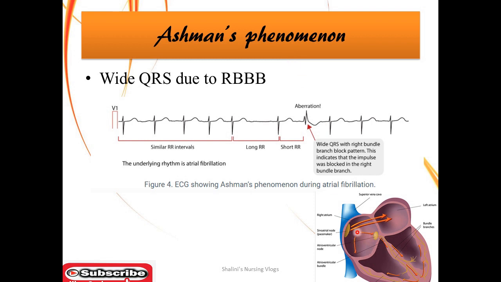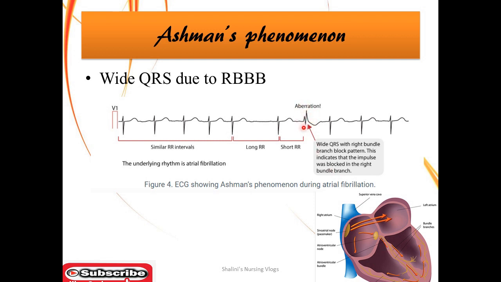Now, for example, there is one impulse A which is generated from some ectopic place in the atria. It comes to the AV node. But when it comes to the AV node, it has to wait because there is some block in the bundle of His, either on the left side or on the right side. So the impulse that has come here will not move smoothly, but it will take its own time to move. So in the course of time, what will happen on an ECG strip?